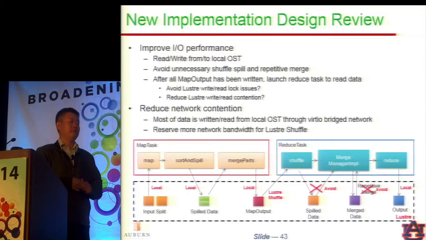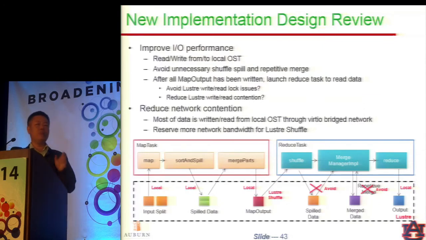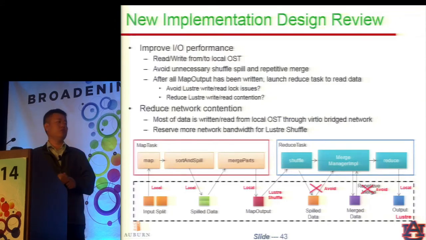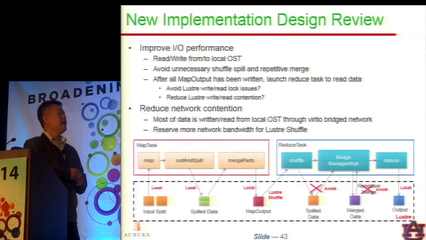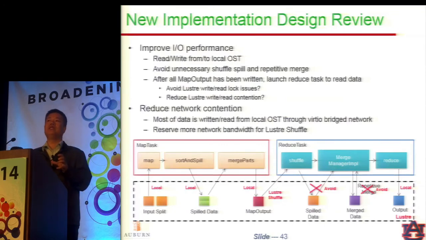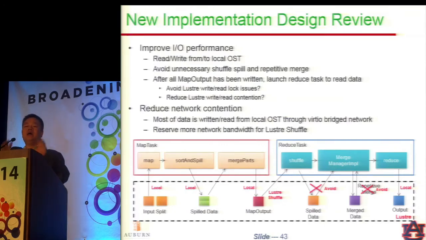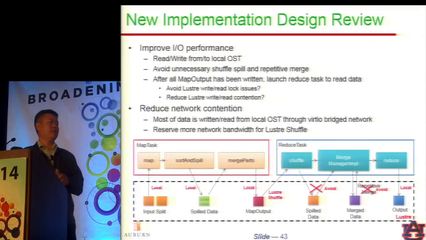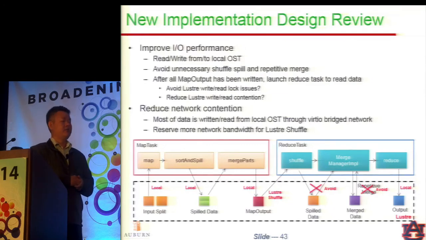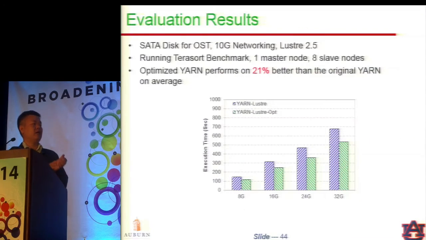So there we achieve the best locality we can. But in the middle part is where the small repetitive I/O is coming from. So our optimization is trying to keep much of the merging and fetching above Lustre. And we also try to do that in a small unit manner so that we don't cause a lot of memory pressure and we do not have to spill as frequently. And this way we can reduce network contention and reduce the metadata overhead cost to Lustre.